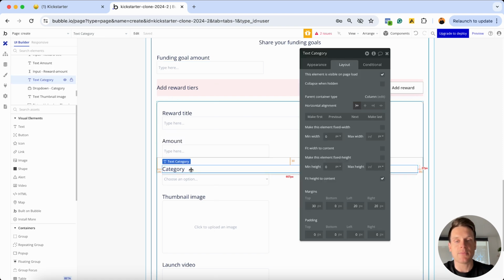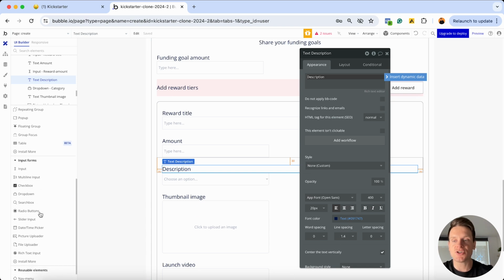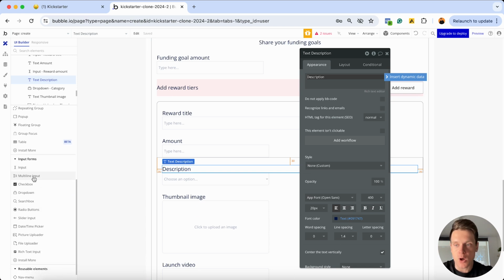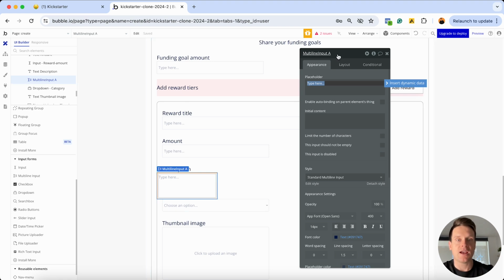Then below this, I'm going to grab my category heading, and I'm going to update this to display the word description. What I'd like to do is add in a multi-line input field below this, which is going to allow someone to type in the specific overview of what they will receive in this reward. So if I scroll on down to my input forms, I'm going to grab a multi-line input, insert this just above my drop-down menu, and this is going to be called multi-line input reward